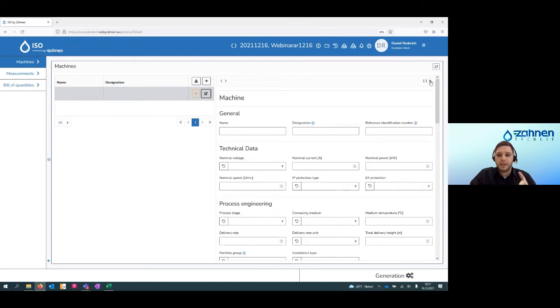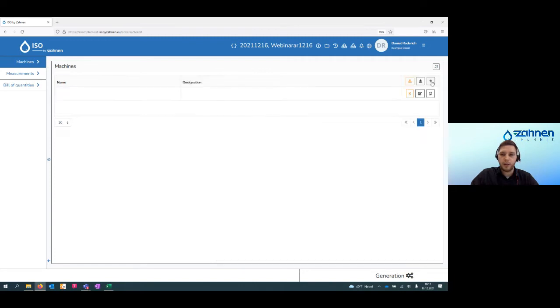And because of that, it's a big advantage if you use the Aqua Designer, because like we've seen before in the Excel table, we can export the information about the machines and the measurements and the pipes and so on from the Aqua Designer in Excel. And so here we can import this data